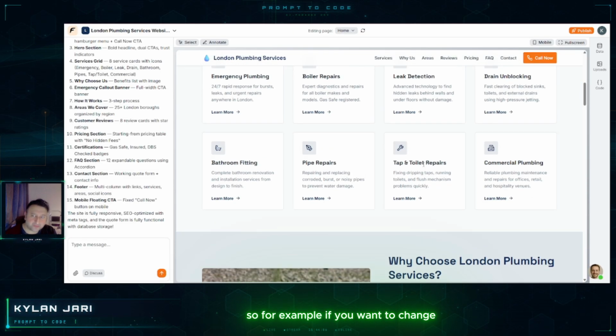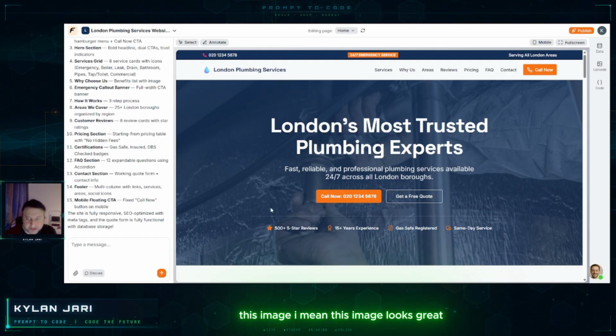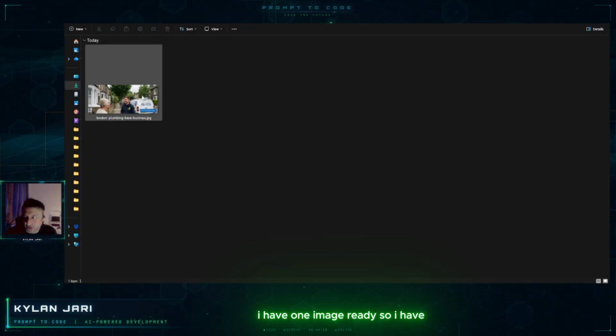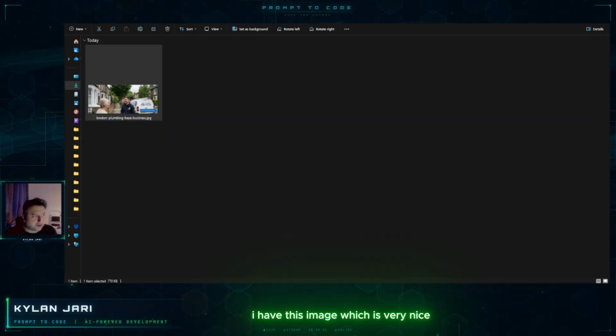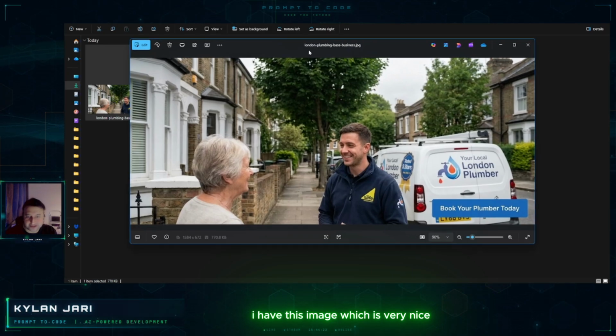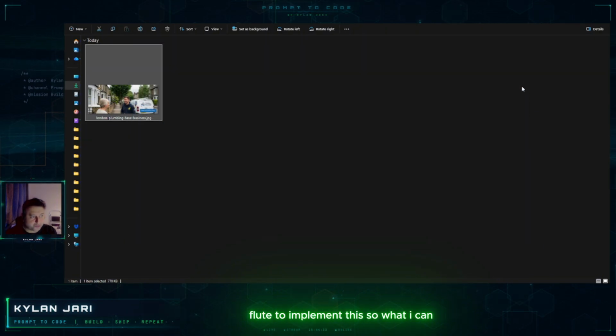So for example, if you want to change this image, which looks great by the way, but let's say you want to change it, how you do it is very easy. For example, I have one image ready, which is very nice. I can provide this image to Flute and ask it to implement this.